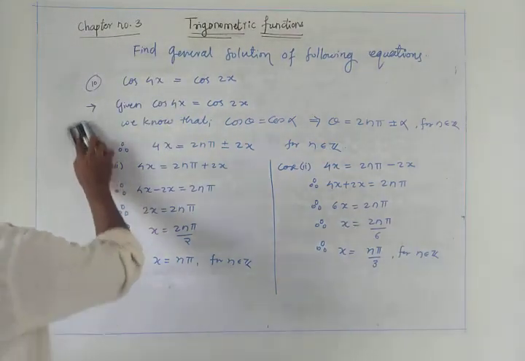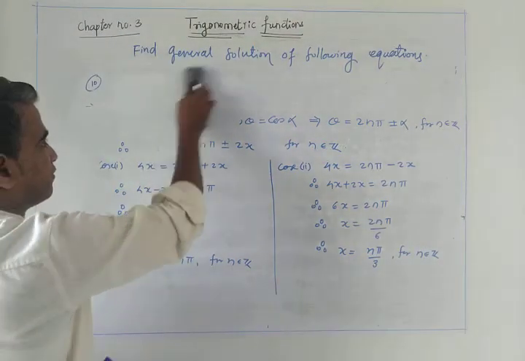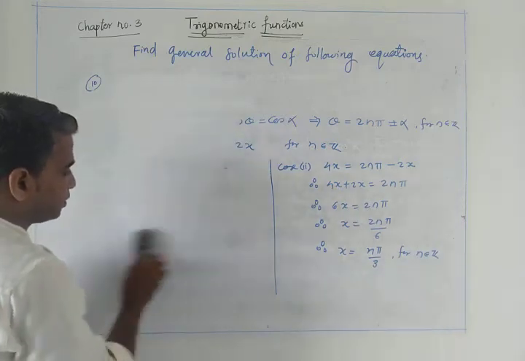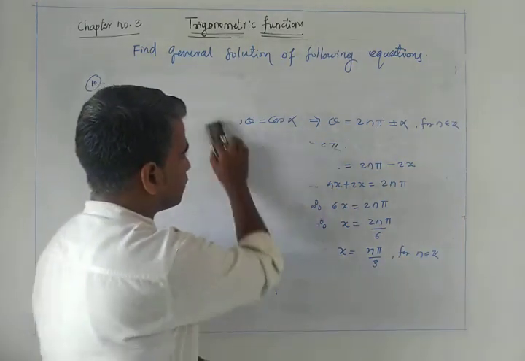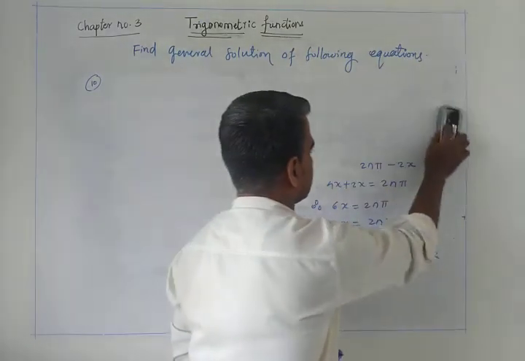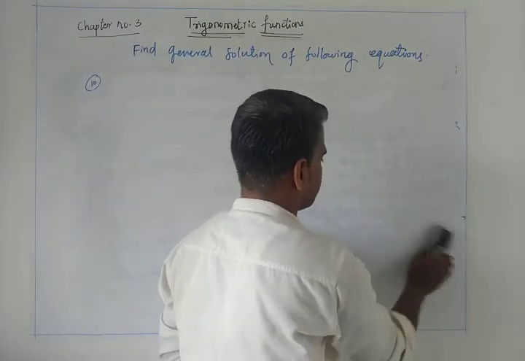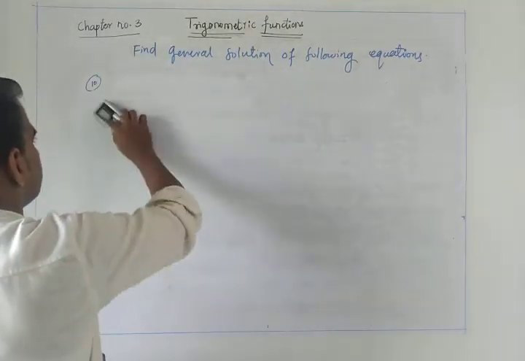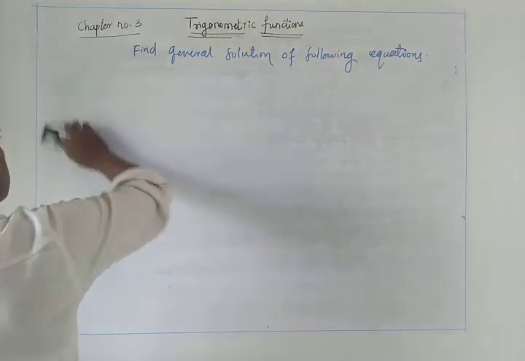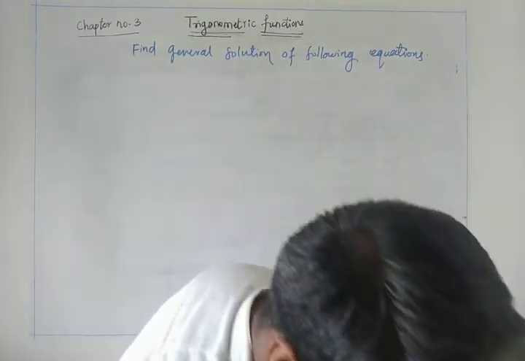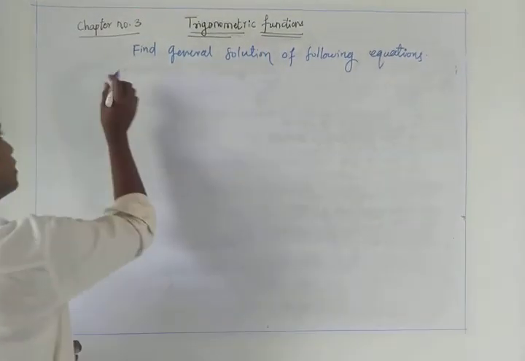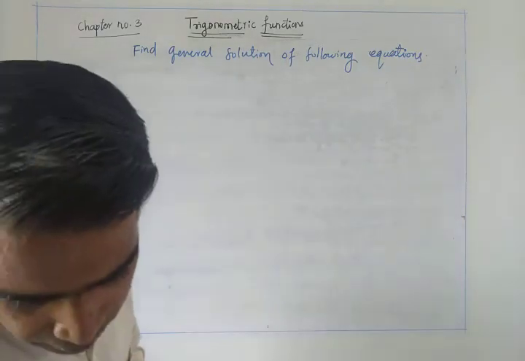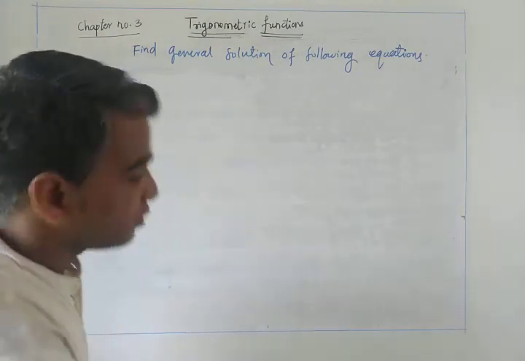Now the next question. See, now the different type of questions we are solving, and for different types of questions we change the way. Now simple questions become a little difficult, and then the next are more difficult questions. See what the next question is. The question is framed: find the general solution. The question is that sin x is equal to tan x.